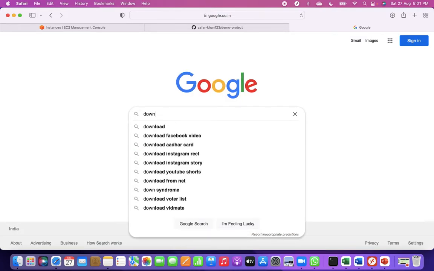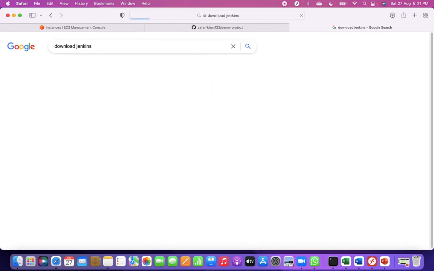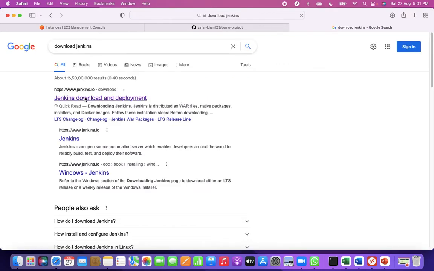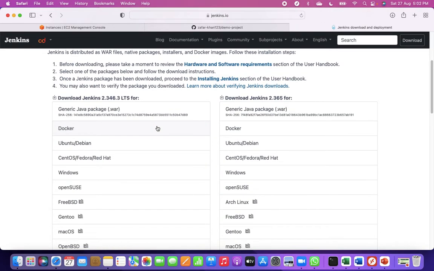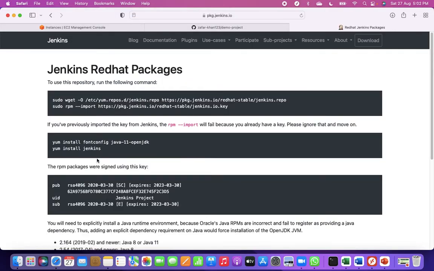Download Jenkins. Okay, just click over here. It's the official site of Jenkins. Okay, so we will select the CentOS Red Hat. So this is the Jenkins Red Hat package. So we will just copy this one simply, nothing else. We will simply copy this